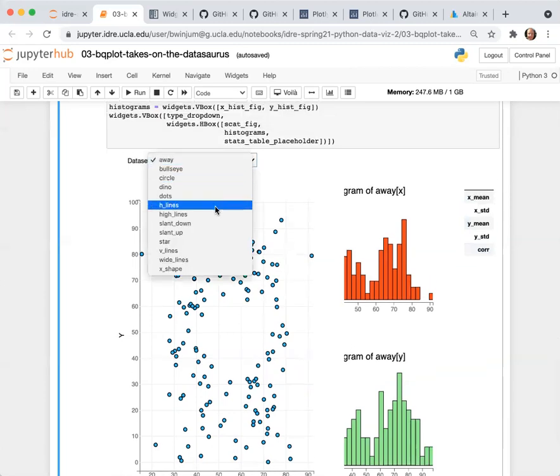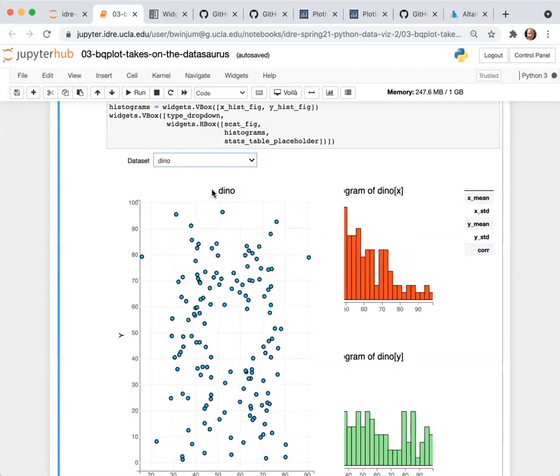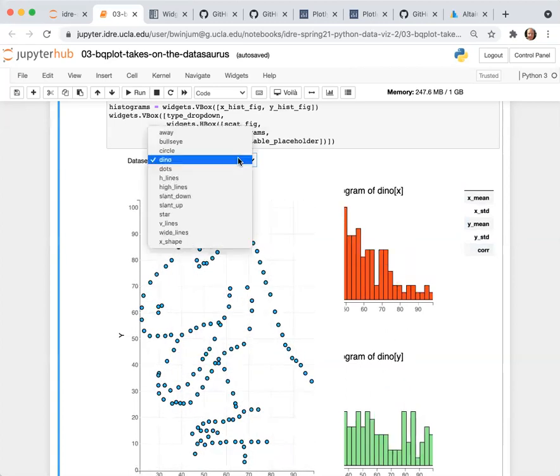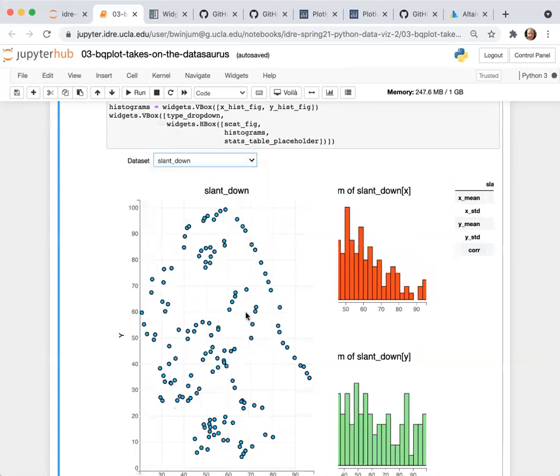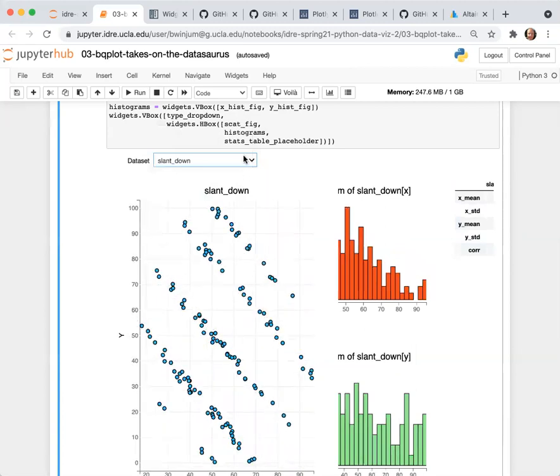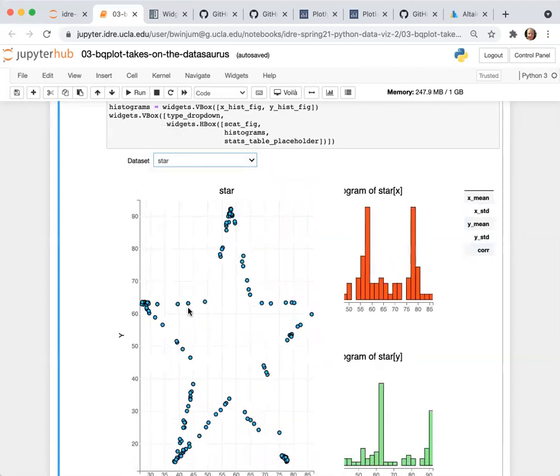And it has a neat little feature where as you go between different items on the drop-down menu, this has an animation feature. So the points kind of flow into each other as it moves from one data set to the next.